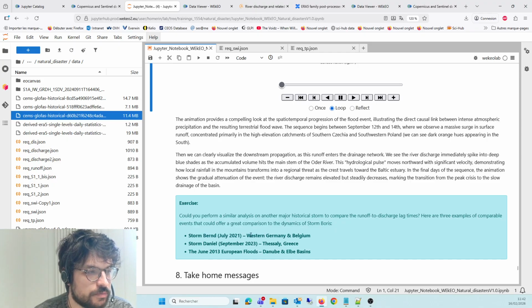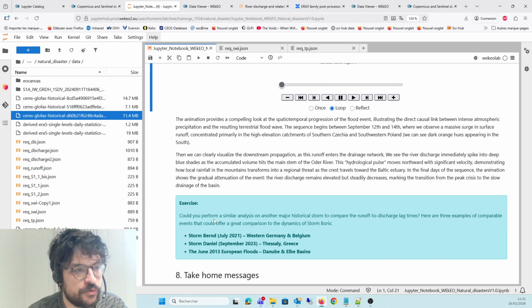There is the Burnt in Germany and Belgium in 2021, the Daniel storm in September 2023 in Greece. We also have some older events from June 2013. There are many possibilities to reproduce this analysis, so feel free to do this if you want to exercise the Python knowledge that you have acquired through this notebook.